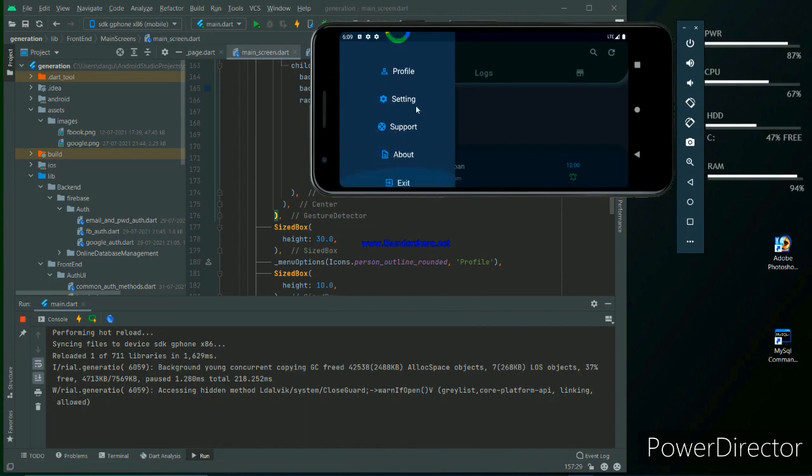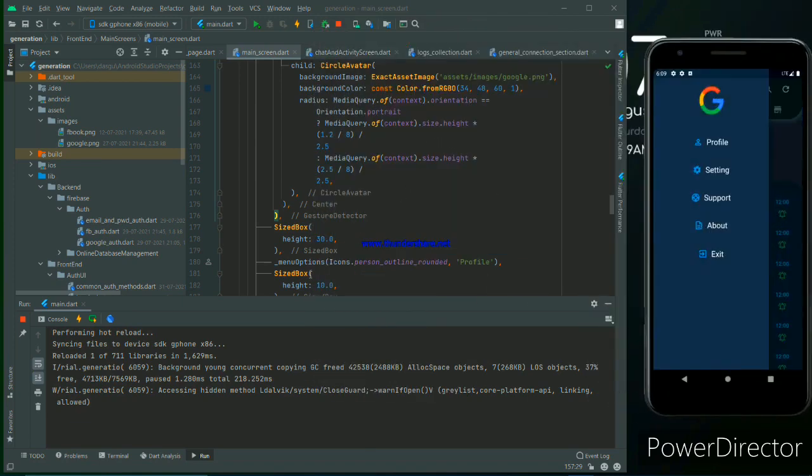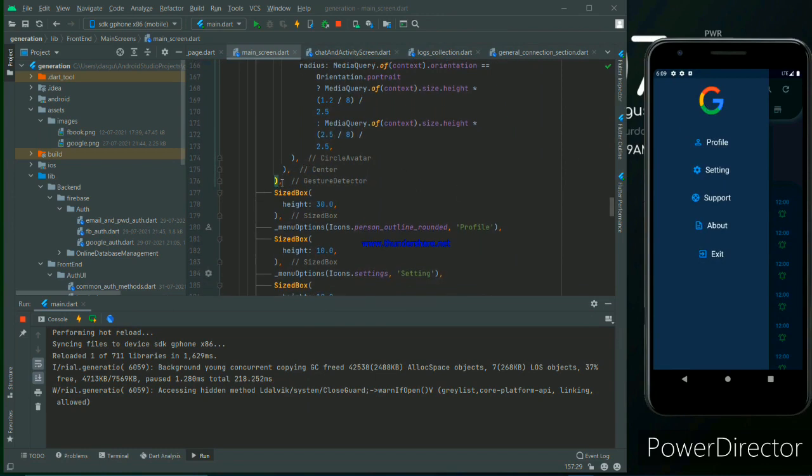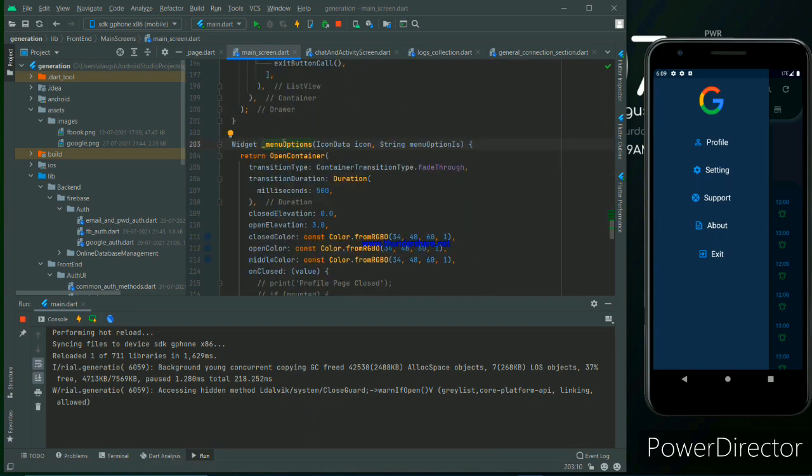Cool. And you can see for the list view we can scroll here. If there is a column, we can't scroll here, and there will be an overflow problem there. Okay, that's why we are making the list view. It is beneficial at all. Okay, and so that's already covered the logo gesture detector, and after that we have to make a gap of height 30 between that logo and that profile. Okay, that's why there is 30, and there is a common widget that will be the menu options.